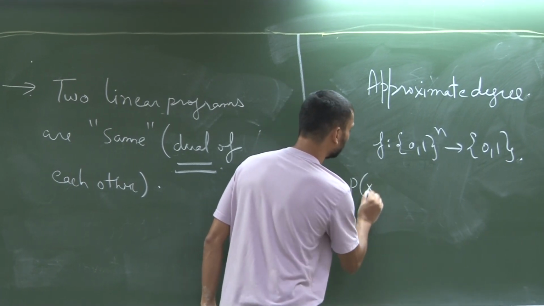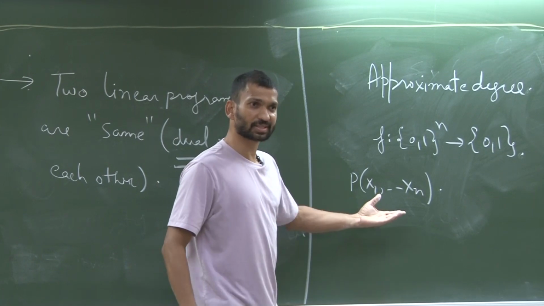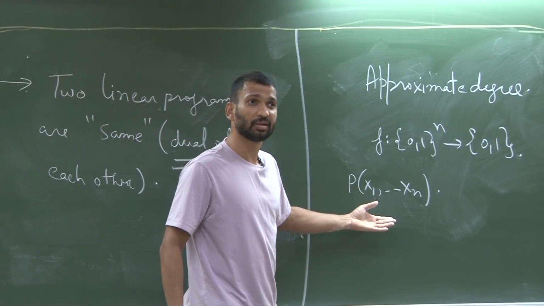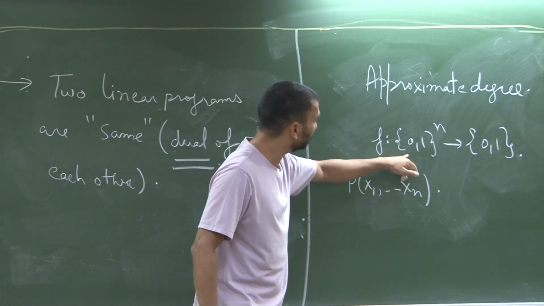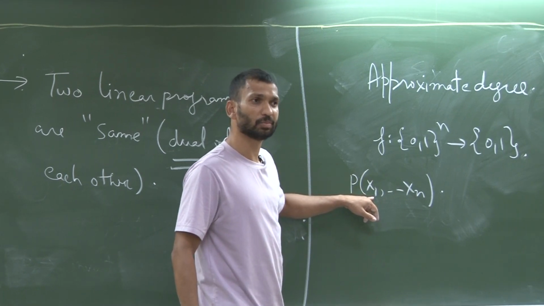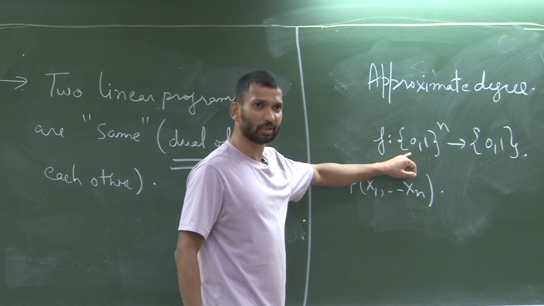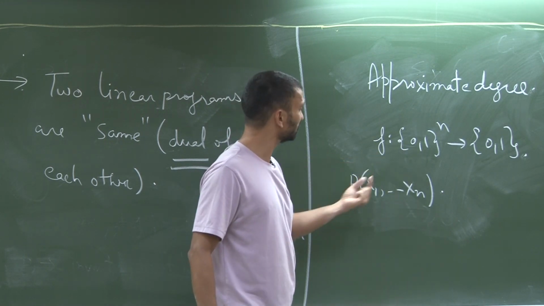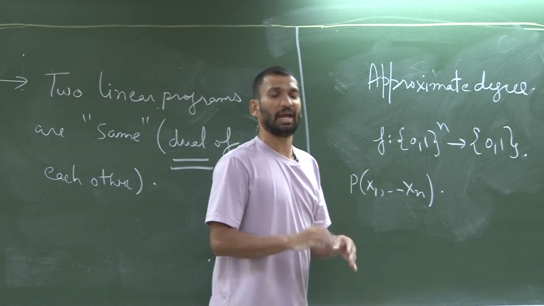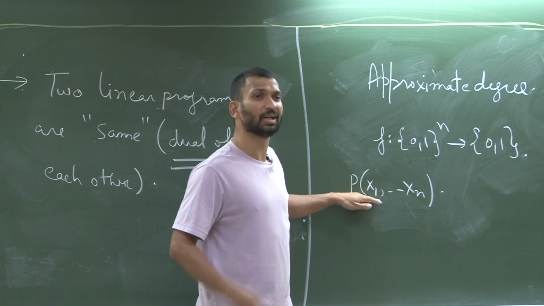You want to write it as a polynomial in x1 to xn such that the value here matches at all the 2 to the power n possible inputs. It's clear that there are 2 to the power n possible inputs, that many strings, my polynomial, and you can do it, but that's kind of expensive in the sense that you need a very high degree